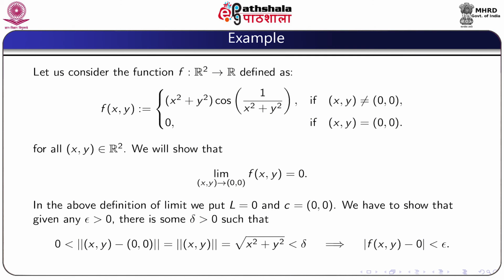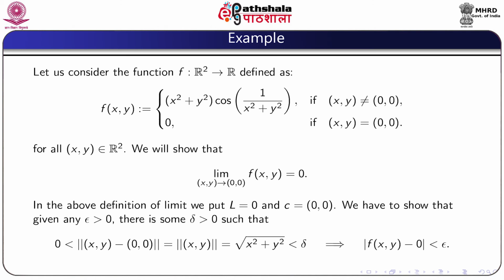Now, we give some examples of limit. We consider first a function f from R2 to R defined as follows. f(x,y) is (x square plus y square) times cosine of 1 upon (x square plus y square) if the point (x,y) is different from the origin, and at the origin f is 0. We shall prove that the limit of f as (x,y) approaches the origin is 0. So, we put L equal to 0 and c equal to